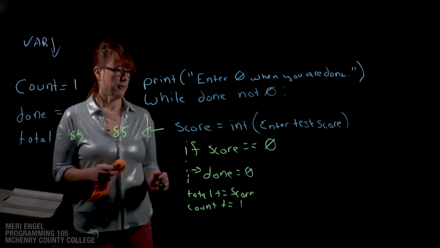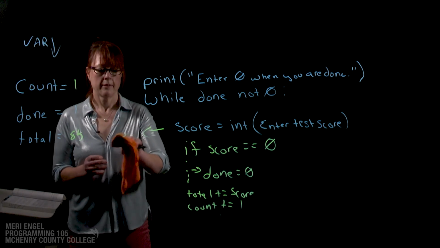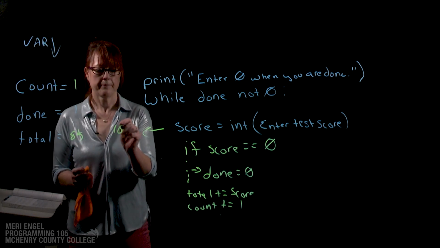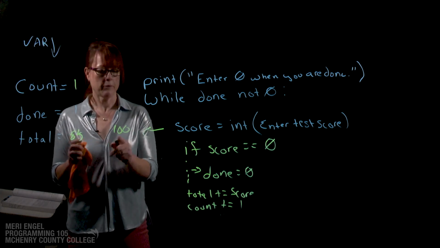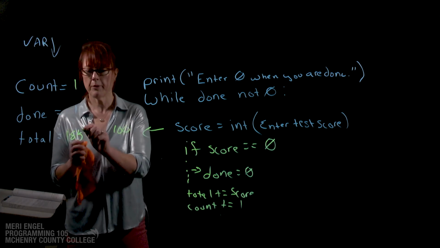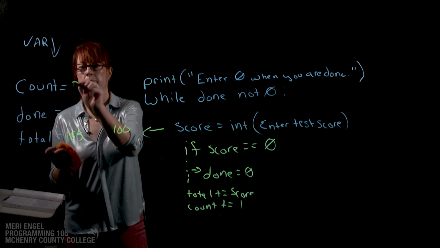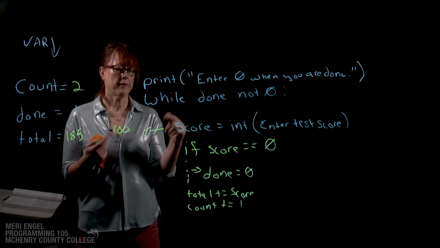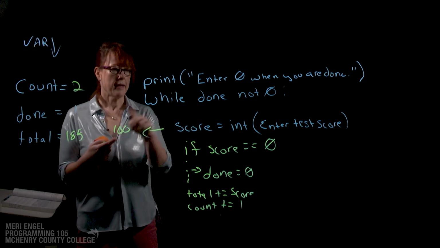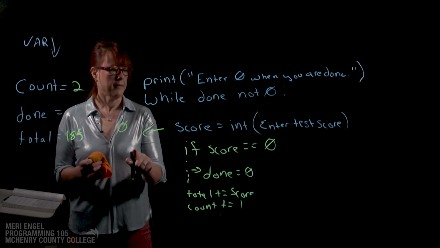So the second time through, we're going to say it equals 100. So count is, well, we'll do it in order. So total is going to be 185, and count will now equal 2. And we could keep going that way. And so we'll say the 5th, 6th, whatever that we're at, they enter 0. At that point,